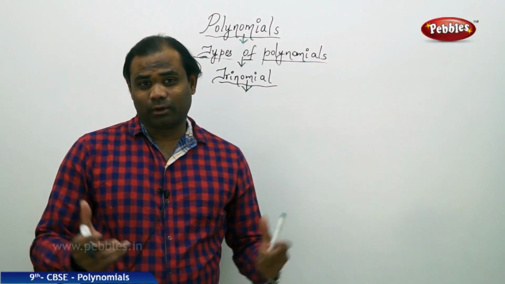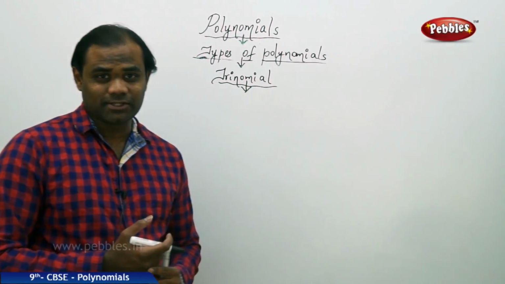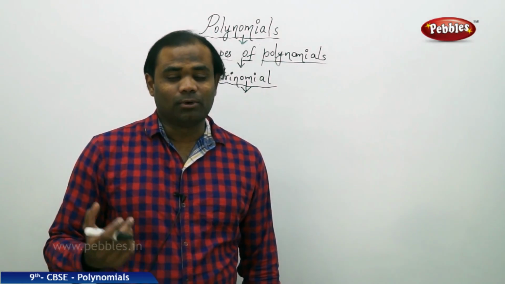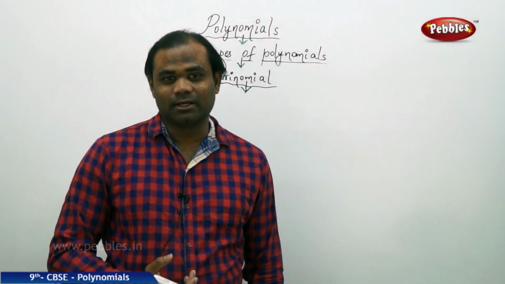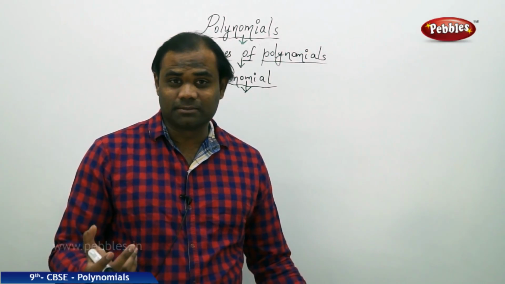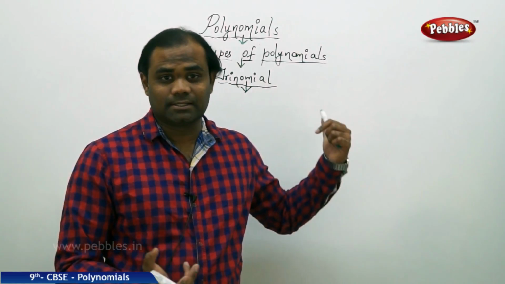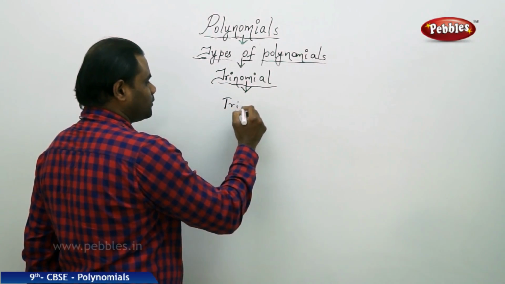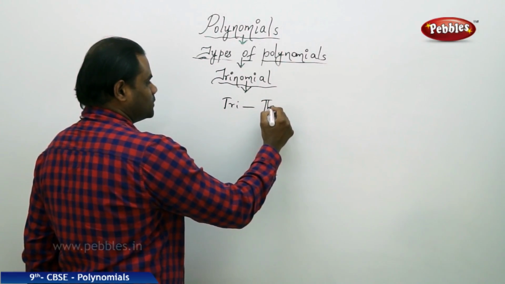The next type of polynomial which we're going to discuss in the session is trinomial. Monomial, a polynomial of one term. Binomial, a polynomial of two terms. Trinomial, a polynomial of three terms. It's as simple as it is written out here. Trinomial. Tri refers to three,